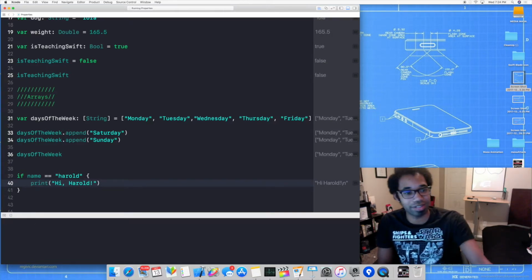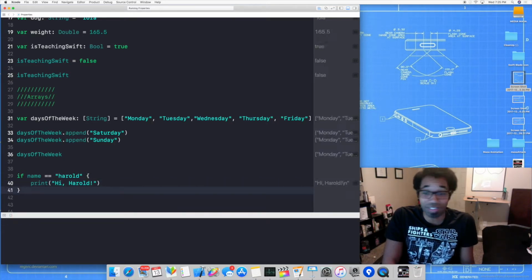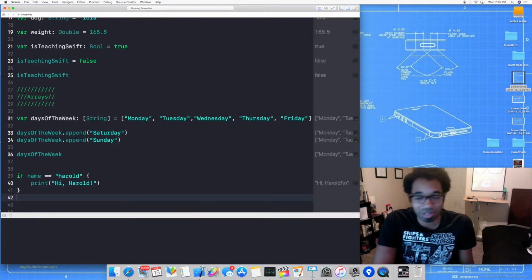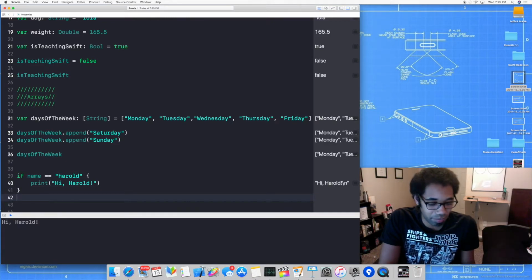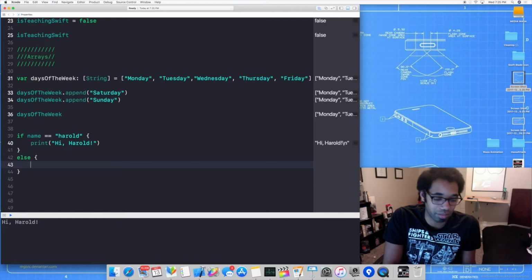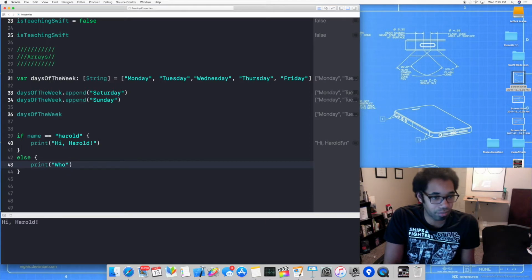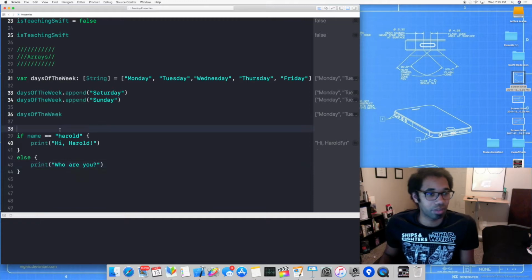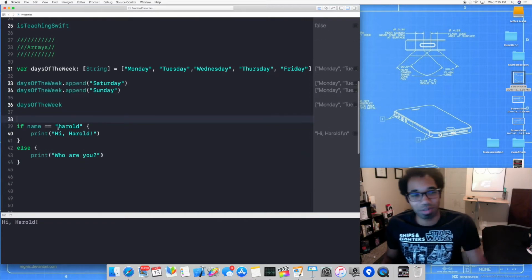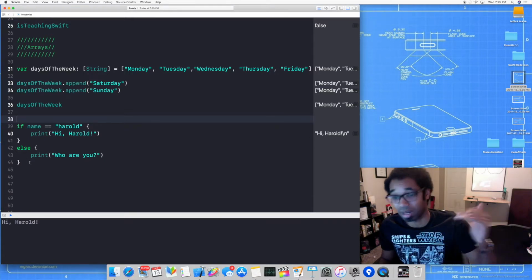Okay, and as you can see down below, we get "hi Harold." So if it's not, then we can hit the return key or enter, and we can type else. And inside of our brackets here, we can print "who are you?" Okay, so if I want this to, as you can see down below, it's never hitting our second print statement,